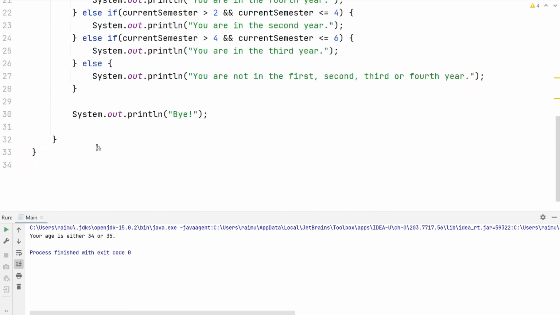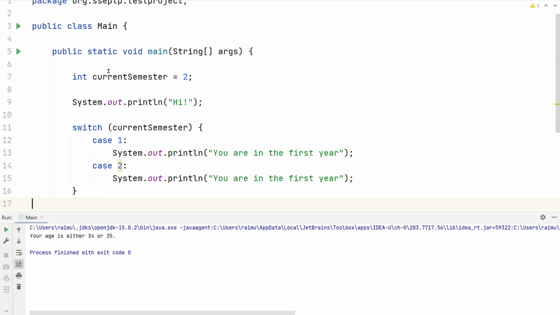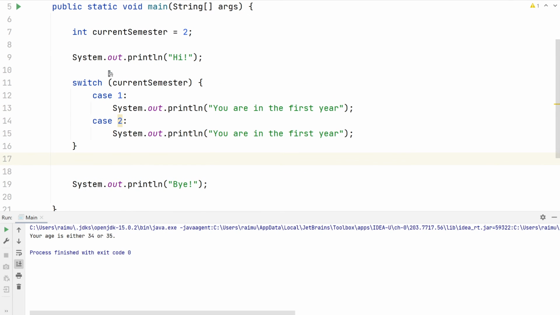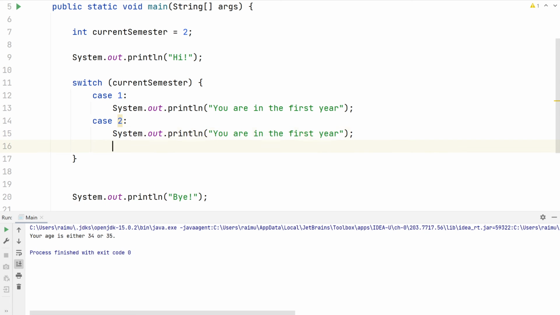Then you can specify values for cases. So you write case 1, and if the value of the current semester is 1, then print you are in the first year. Then case 2, so if the value of the current semester is 2, print you are in the first year. Then you can continue with that, of course, with case 3,